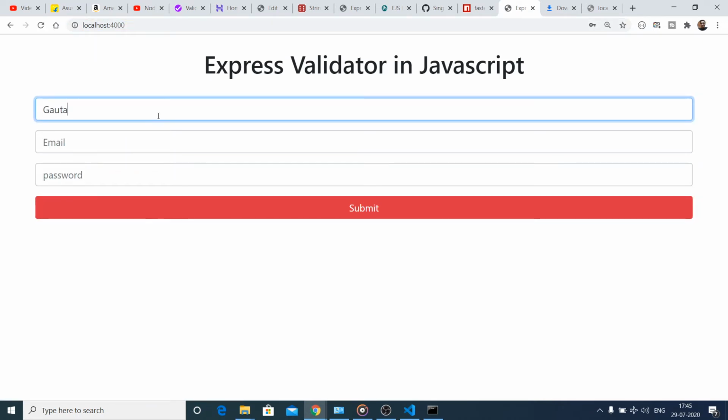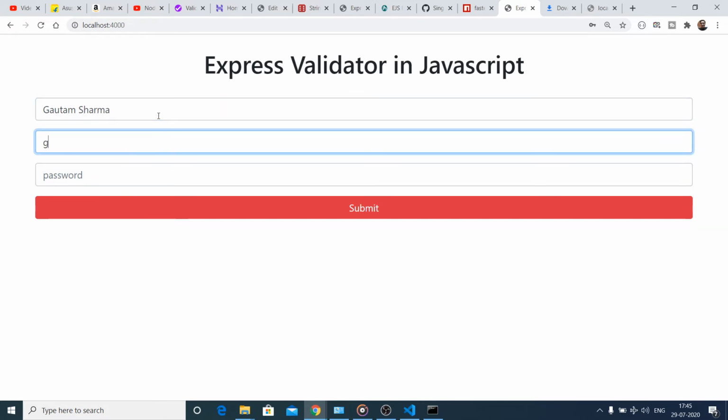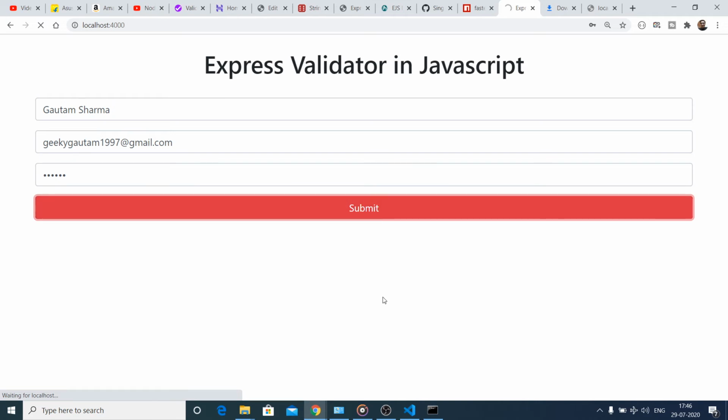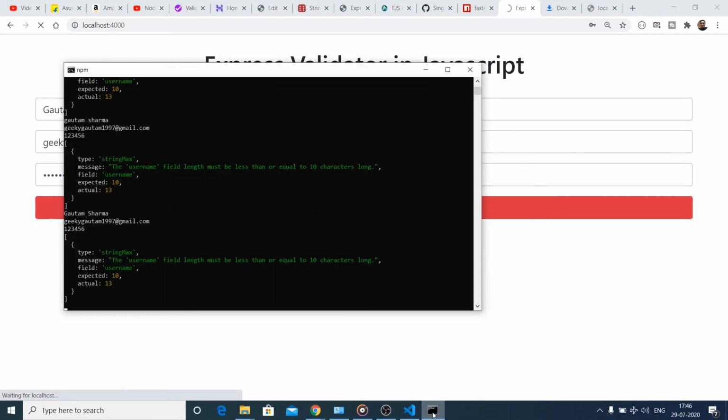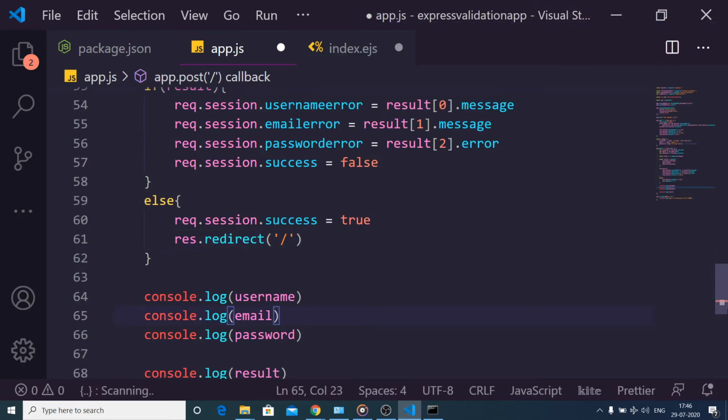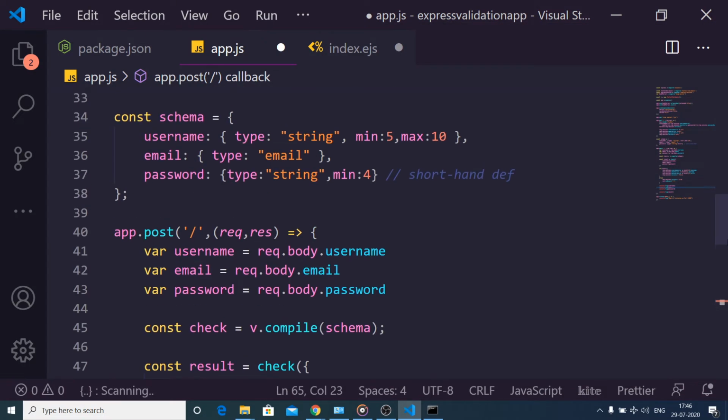if I type the values, and if I click submit, you will see all the values are rendered out, but it is saying to us that one error still exists for username. Field must be less than or equal to 10 characters long, because we have typed, let me just, inside our condition, let me have maximum characters to 100.